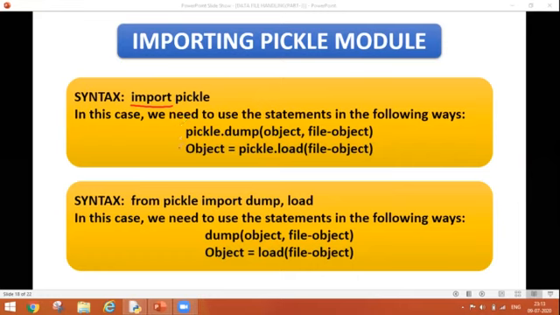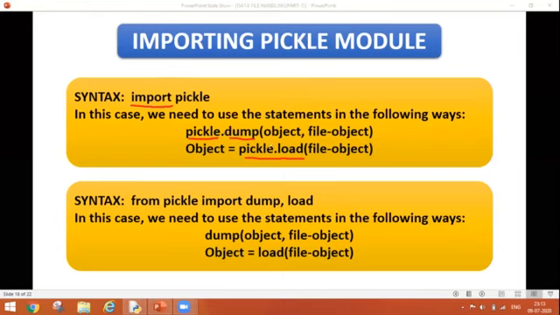But how will I write my statement? First, I'll use my pickle module name and then I'll use my submodule name, that is pickle dot dump. Similarly, for reading, I'll be using the same method, pickle dot load. So once I'm using the import keyword, it is mandatory to use the module name along with the name of the submodule.